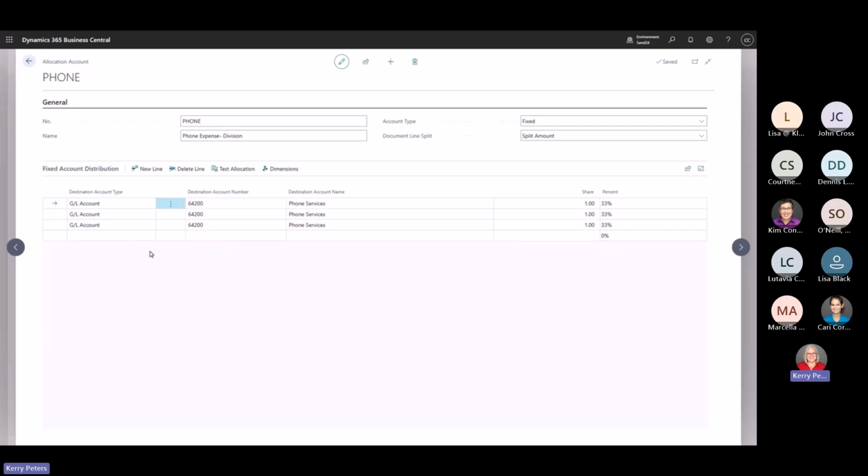So I've selected GL account for this, and I've selected the same GL account for each of the lines because my plan is to split this by division, but everything will post to the same GL account. And I've split it equally 1, 1, 1, which has calculated the percentage of 33, 33, and 33. You will notice that when we actually test out this allocation, there might be a penny or two difference for rounding just to make sure that the total amount is what you enter. If I wanted to, I could put in different account numbers for each of these lines, and the allocation would